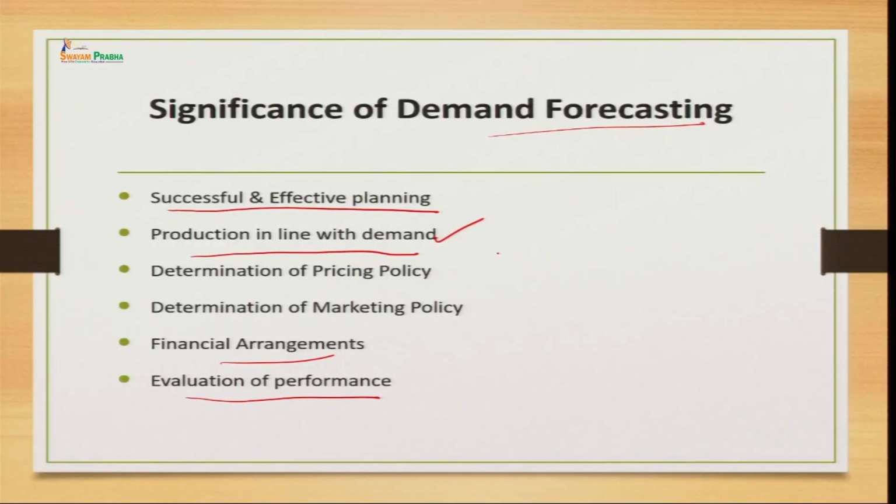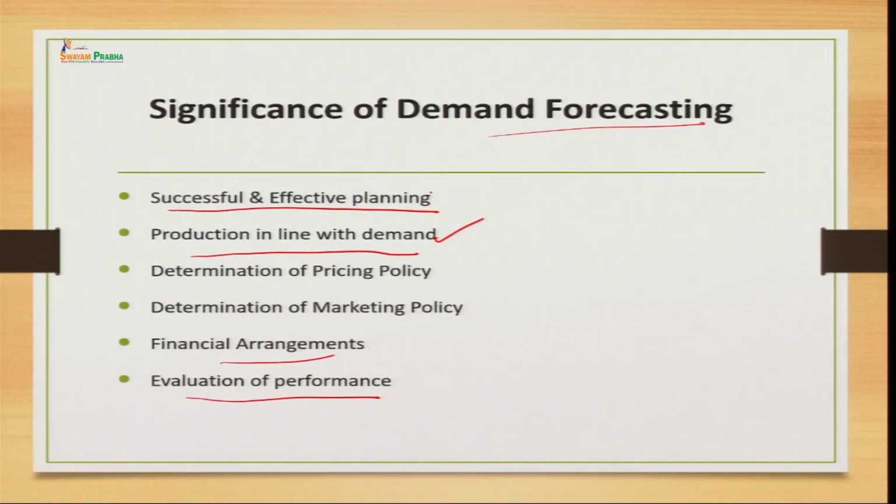So, demand forecasting is a way where you are interacting with the people, right, finding out what will be the demand of your product, and if the demand is not there, then what are the reasons why people are not demanding your product, and if they are demanding, then what are the reasons why they are demanding, right. So, you are actually also getting the indication of your performance in the market, and accordingly you can make improvements in it, right. So, these are the significance of demand forecasting we have discussed, and it is again very important for us. Demand forecasting is helping the firm to have an effective and successful plan.